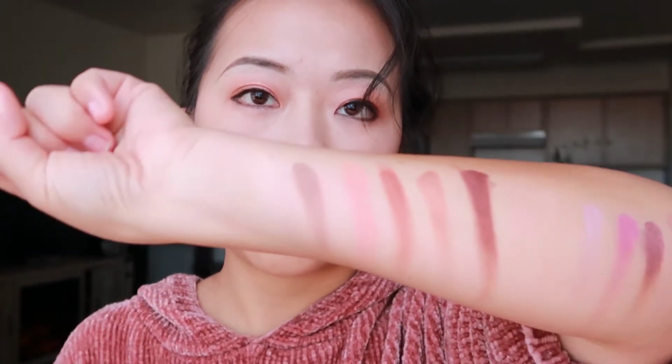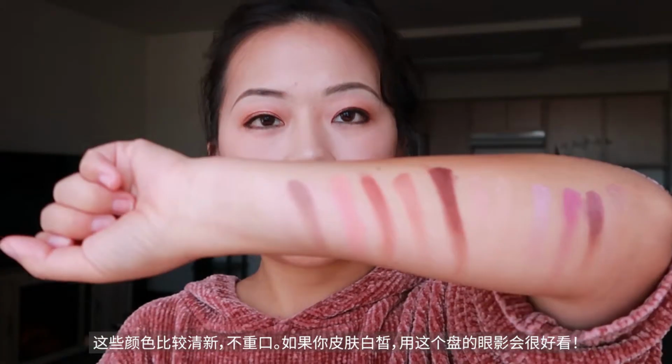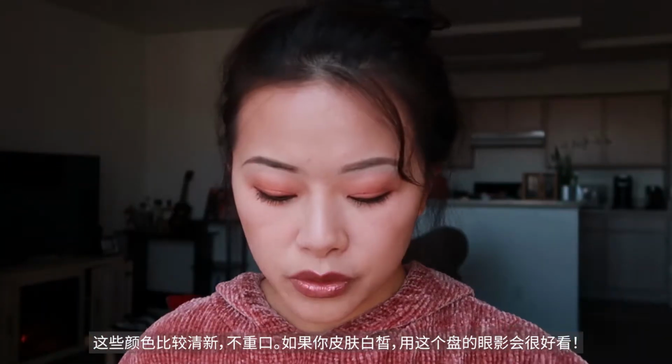So that's how it is. So those shades are kind of light for me, but I was thinking if you have lighter skin, you would like those shades. So the last row